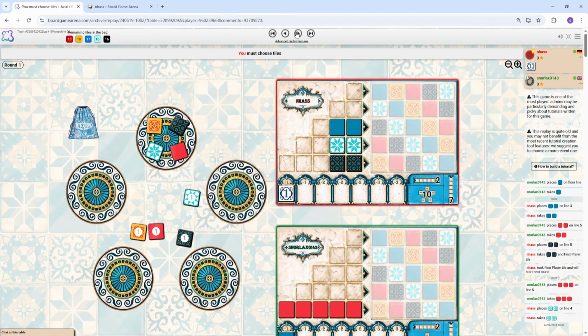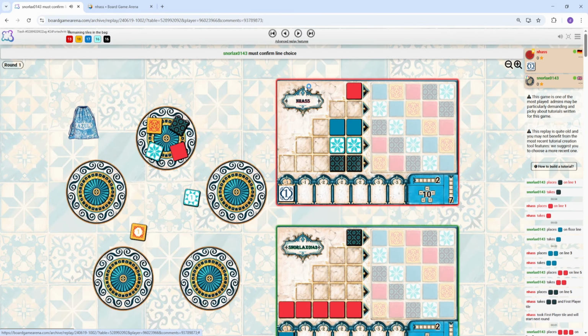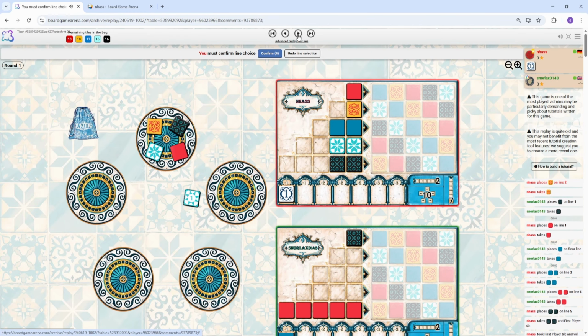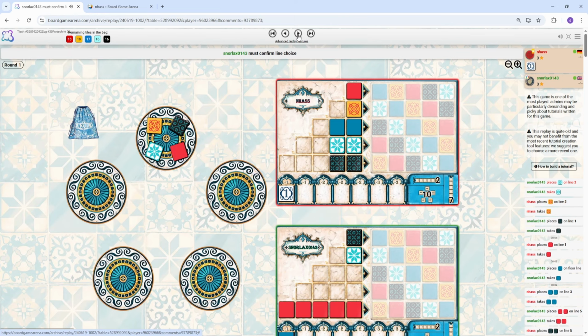So he starts by taking red tile in row 1. His opponent takes a black tile. And now he can safely commit to taking the yellow tile in row 2, since it would be the preferred row 2. If his opponent was trying to deny it, then of course he would complete his row 4 and get a great position where the opponent also doesn't have row 2, so taking yellow tile here is quite strong. His opponent makes a bit of a weird move of taking a white tile in row 2,